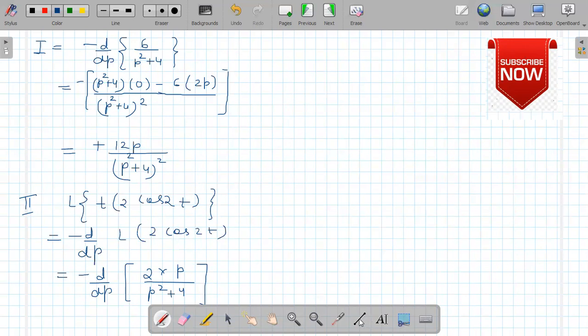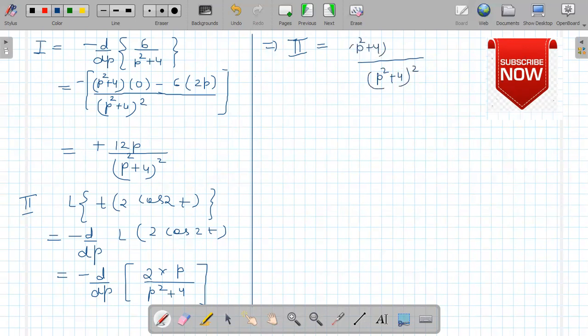So let me draw a line here. This implies second expression is equal to p square plus 4 whole square, p square plus 4 multiplied by p,